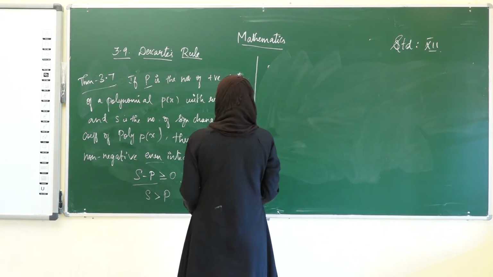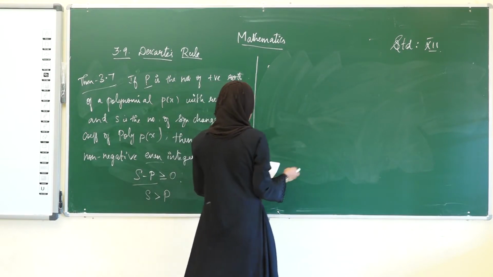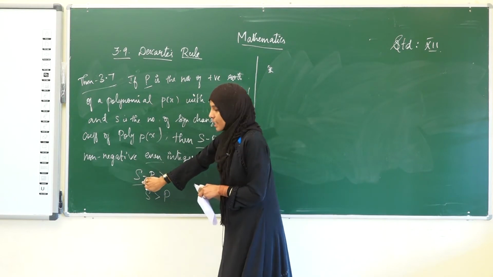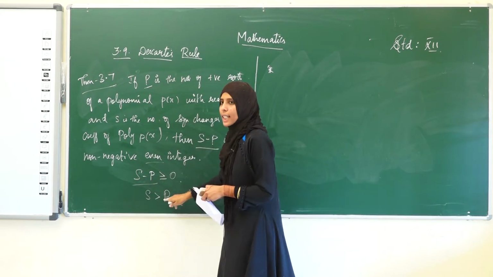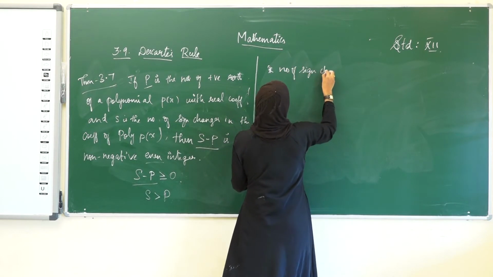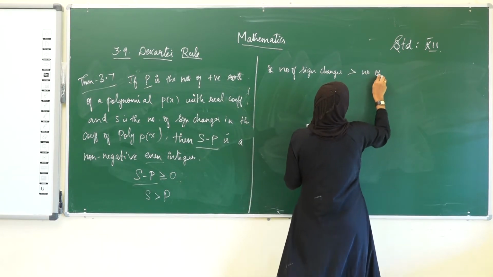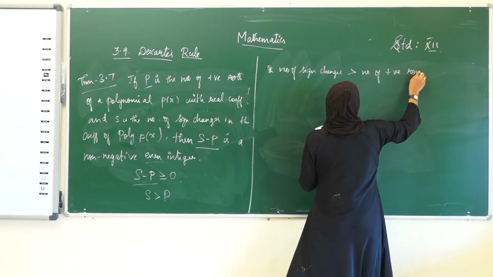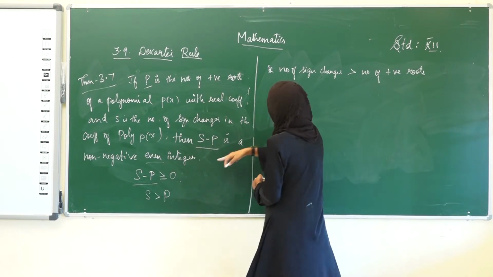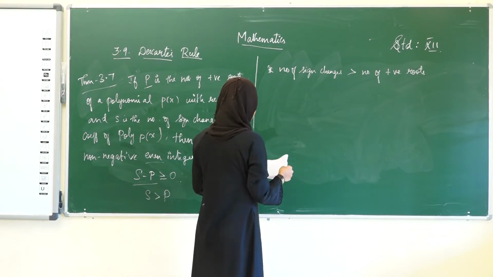Now they have given some remarks and some theory parts. Okay, let us see that. So I have already seen that the number of sign changes in the coefficients of the polynomial will always be greater than the number of positive roots. Since they have given the condition s minus p is a non-negative integer, from that we can get that the number of sign changes will be greater than the number of positive roots.